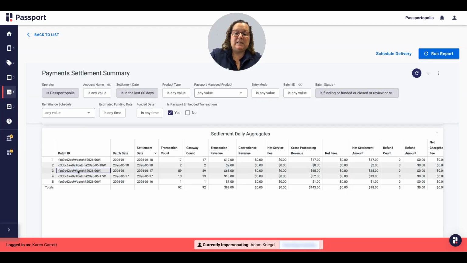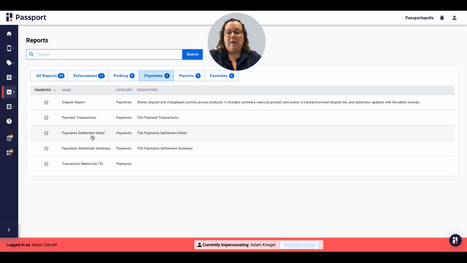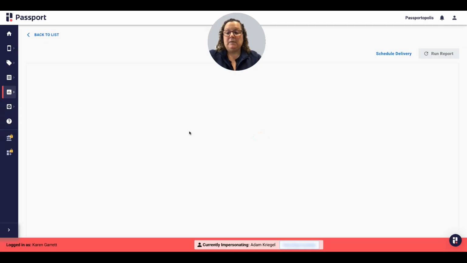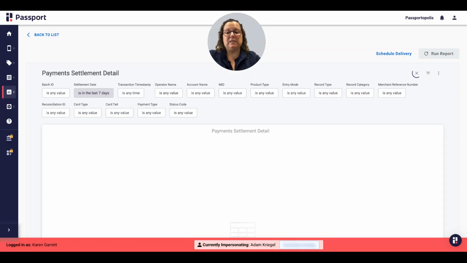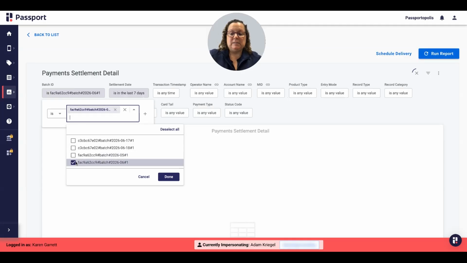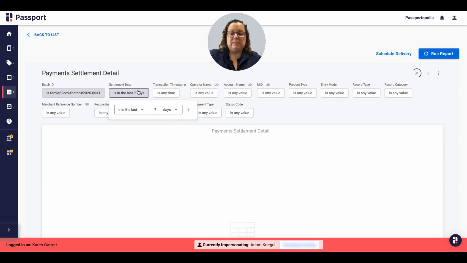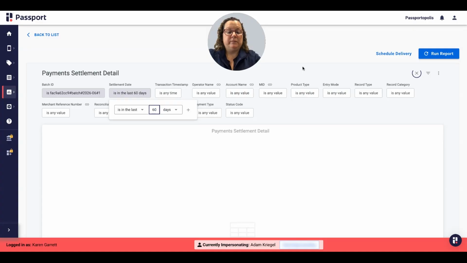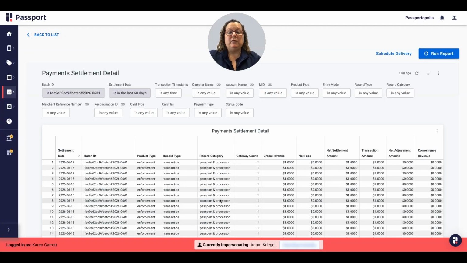However, if I need to now reconcile that total batch, I can take a batch ID from the summary report and simply go into the detail report. This detail report is the reconciliation of a batch at the transaction level. So by simply adding the batch number into the filter and expanding your range for the range that that batch took place in, you can run your detail report, and that detail report will give you at the transaction level